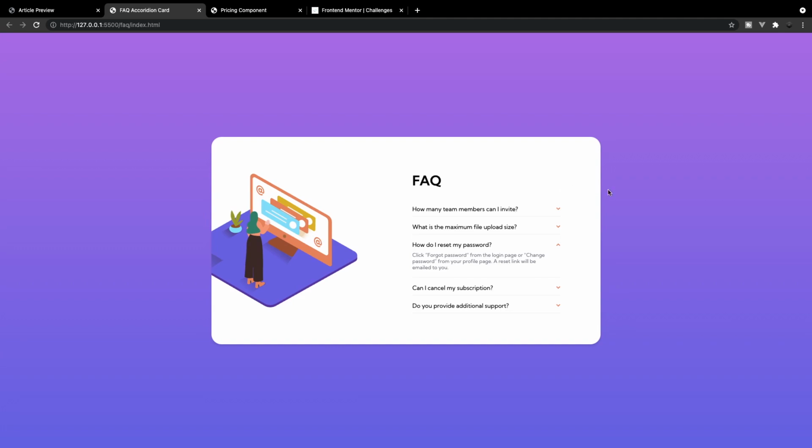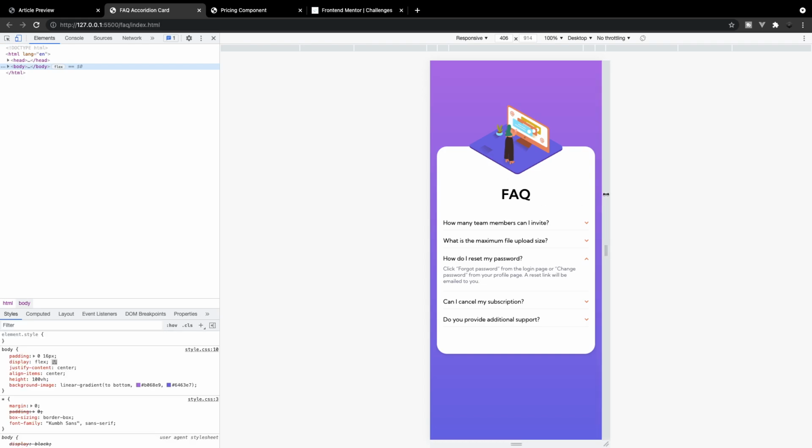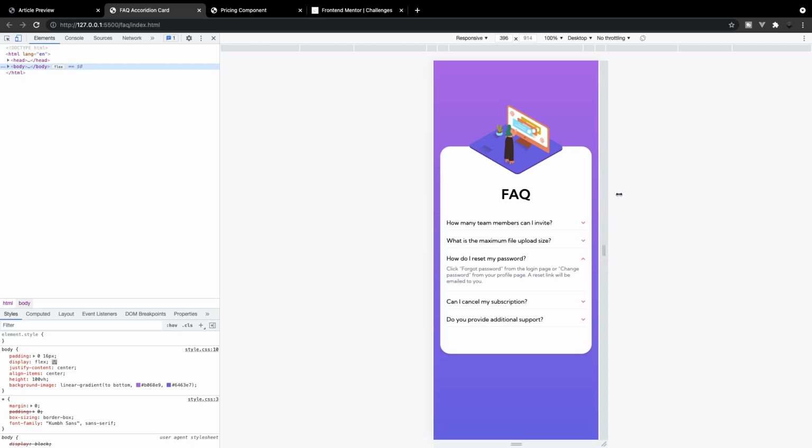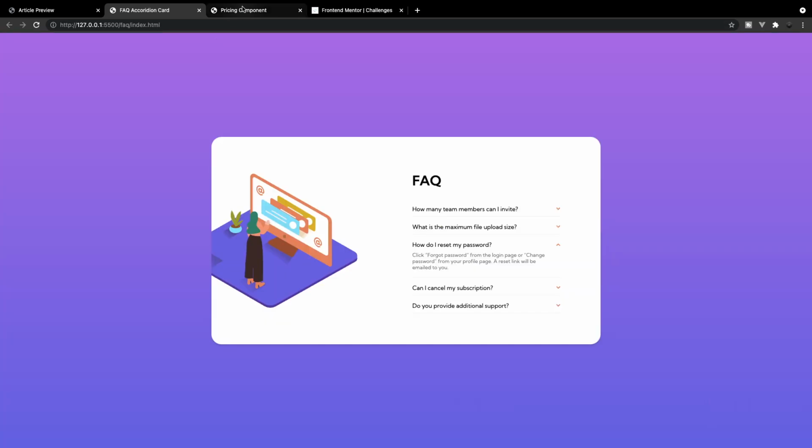Okay, and like the first project, this is also responsive. So if I inspect this here, you can see that it looks really good on mobile devices as well. All right. So the last project we're going to be working on here is going to be a